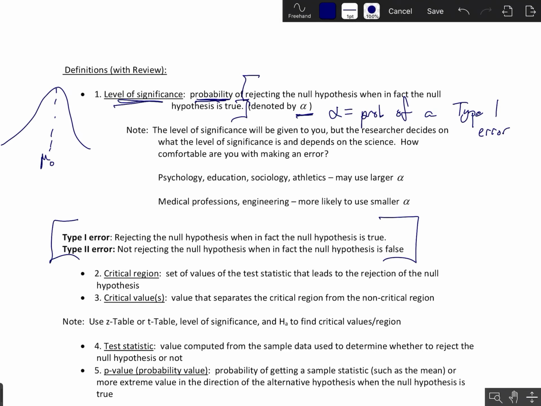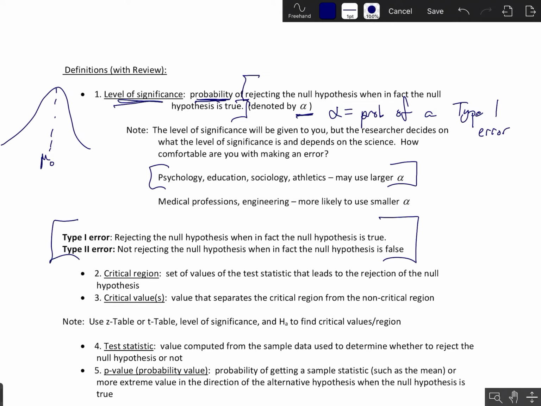So that's what we're trying to reduce here whenever we talk about the level of significance. And usually in these problems, we will determine a certain level of significance, or it will just be given to you. But notice that you may, depending on your field, be a little more comfortable with these large errors. So for example, if you're just talking about something like athletics, you might be okay with an error of 10%,